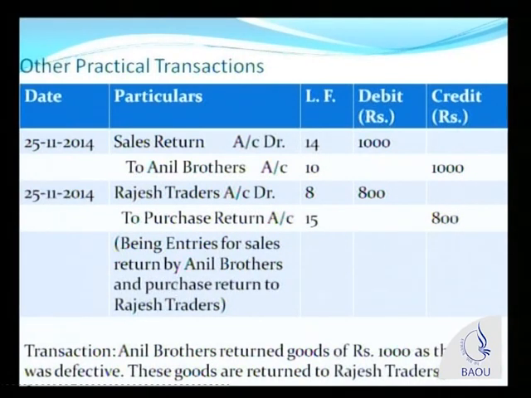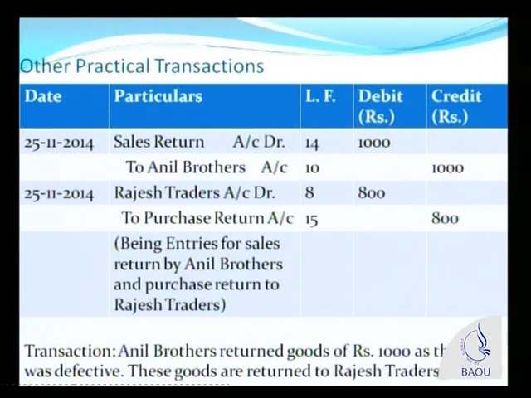Some authors may suggest that you should debit it to sales account so that your net sales would be reflected in your books of account. But it is always better to debit it to sales return account so that you can distinguish. You will have two separate ledger accounts, one for sales, another for sales return. Naturally, in the final accounts of the business enterprise, you will be showing net sales, but there you will write sales gross this much less sales return and then you write net sales. So to have a separate figure about the total sales return, we are opening a separate account called sales return account,